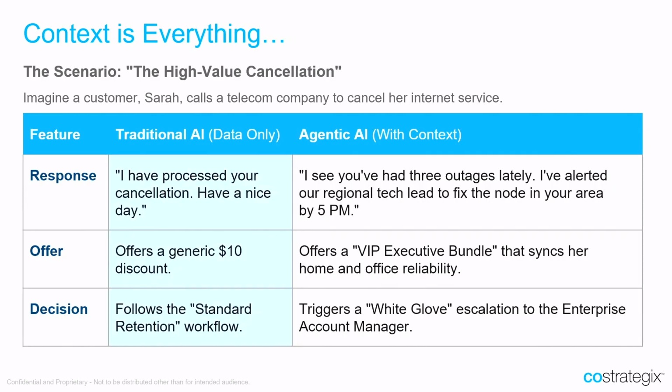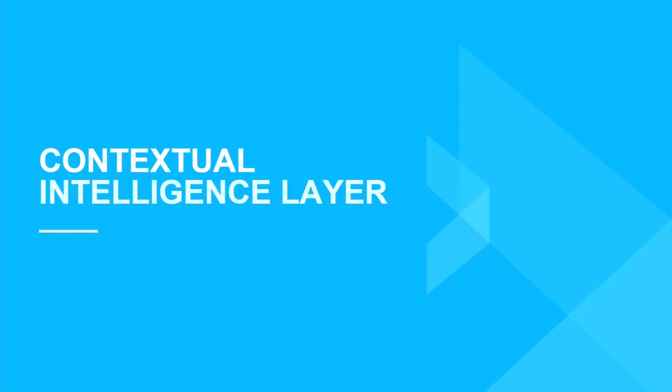Or with a proper, really well set up context, it could trigger a white glove escalation to the enterprise account manager because it understands it's a 50K at stake, not a 120 without contract customer trying to cancel. Right, so that's the context. Okay, so let's keep that in mind as we explore a little bit of what makes up